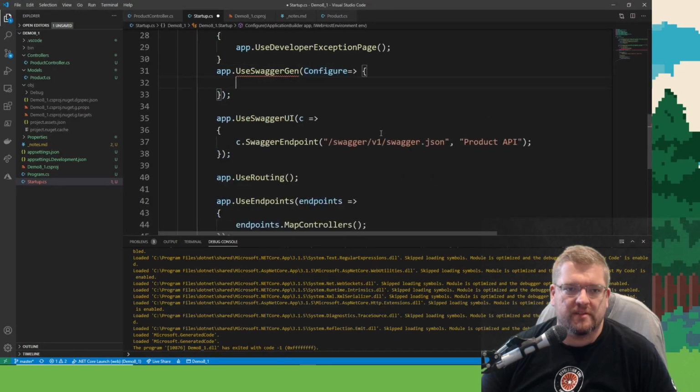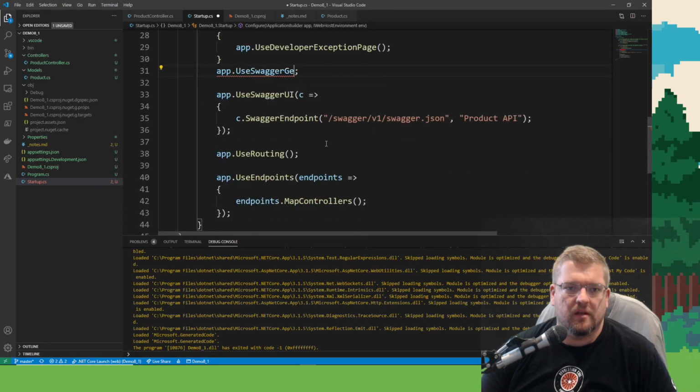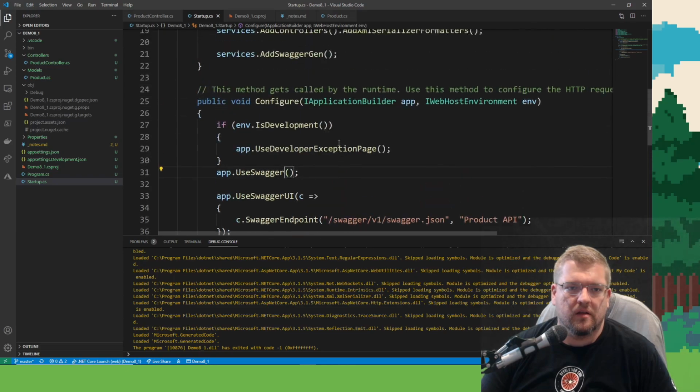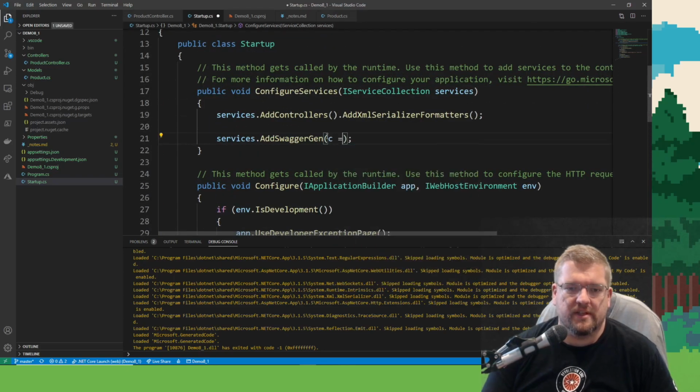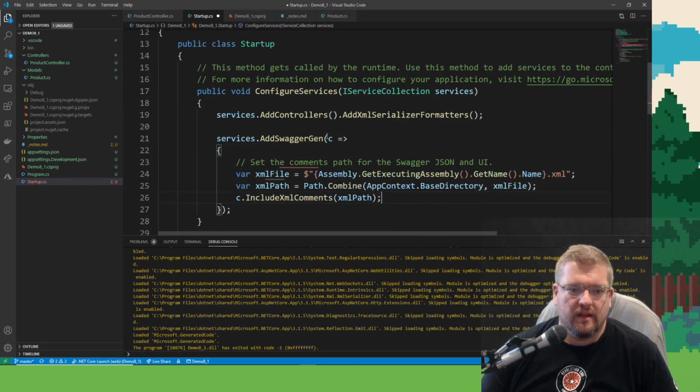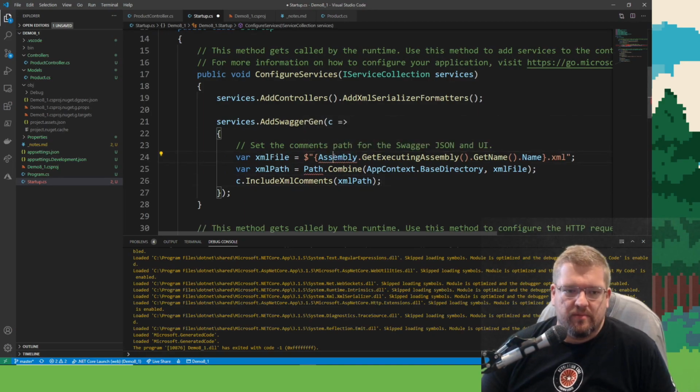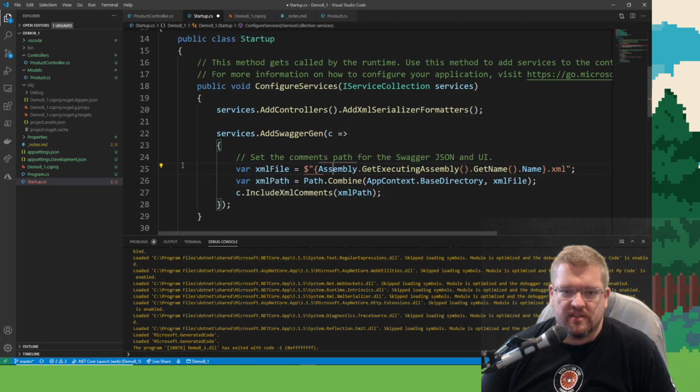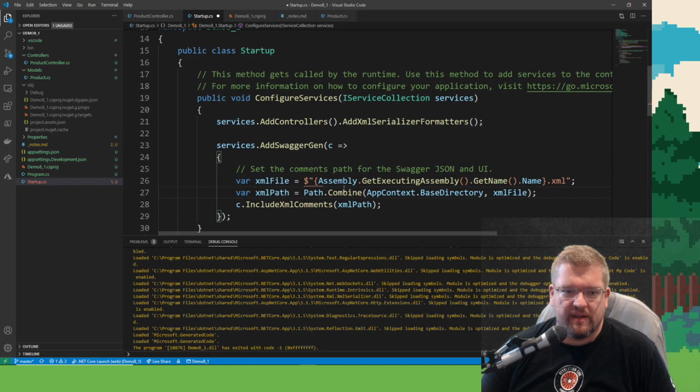I put it in the wrong place. There it is. So Assembly probably needs a using statement. Yep. Path probably needs a using statement.